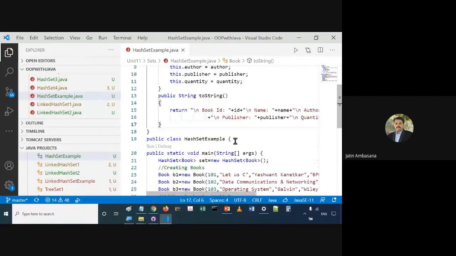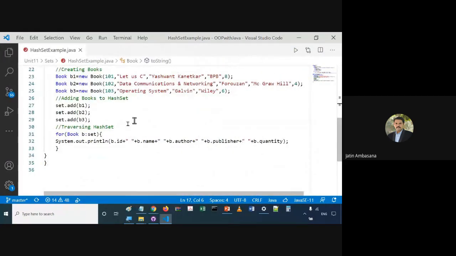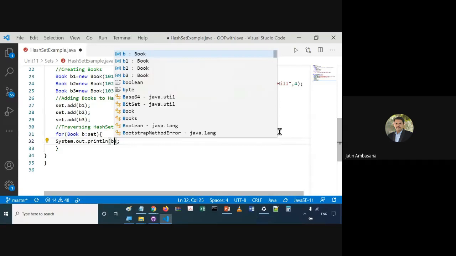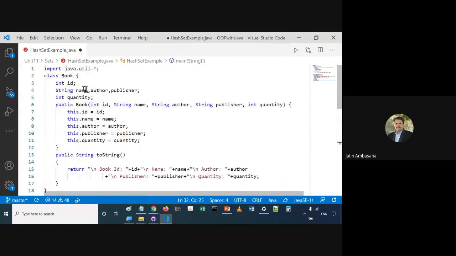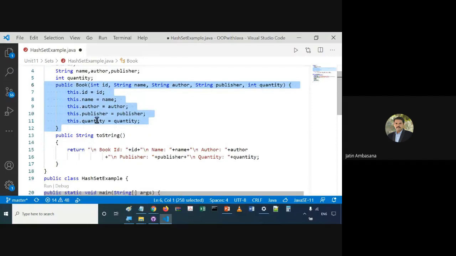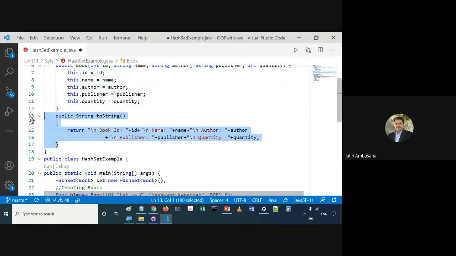There it is. Now what we need to do is, everywhere we simply need to print this b. That's it. So see what we are doing here. We have a Book class. We have 5 properties. We have a parameterized constructor to create an object, and we have a toString method to print that particular object.